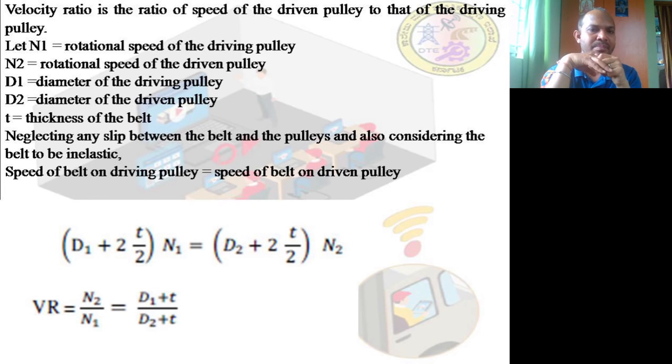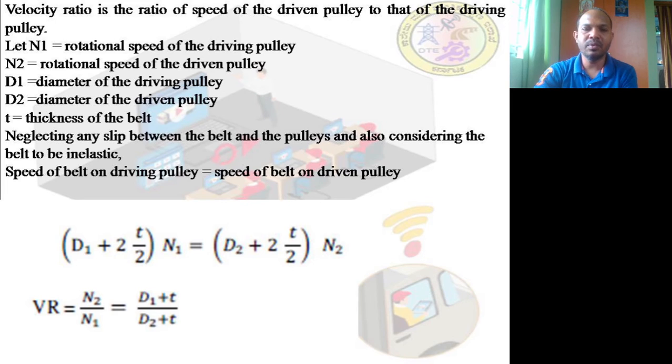Neglecting any slip between the belt and the pulleys. That means we are not considering the slip factor. Basically, slip factor should also be added over here in the next equation. I'll show you. Neglecting any slip between the belt and the pulleys and also considering the belt to be inelastic, assuming it has to be inelastic, the speed of the belt on the driving pulley is equal to the speed of the belt on the driven pulley, which is given by